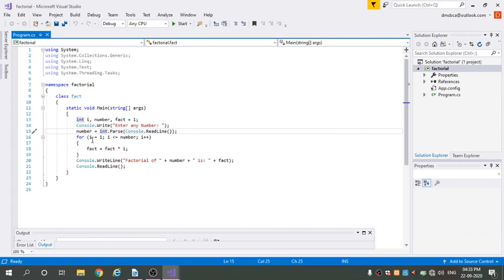After that we take here a for loop. You know what is a for loop? A for loop executes a block of statements repeatedly until the specified condition returns false.